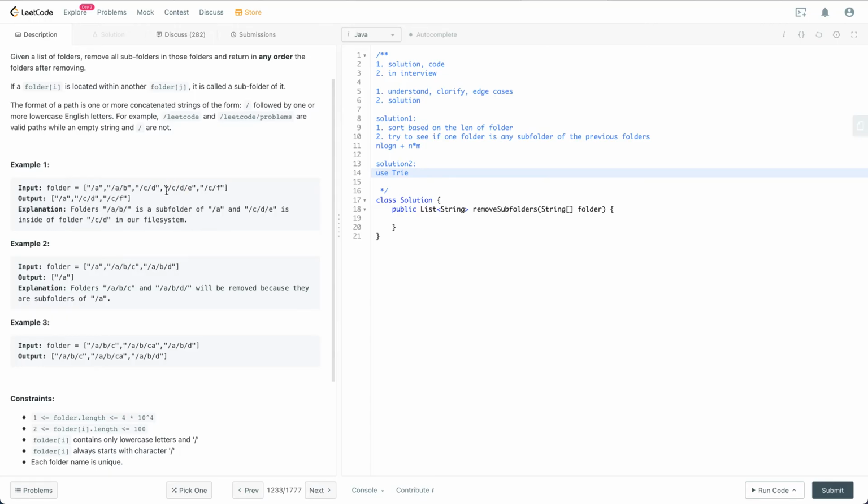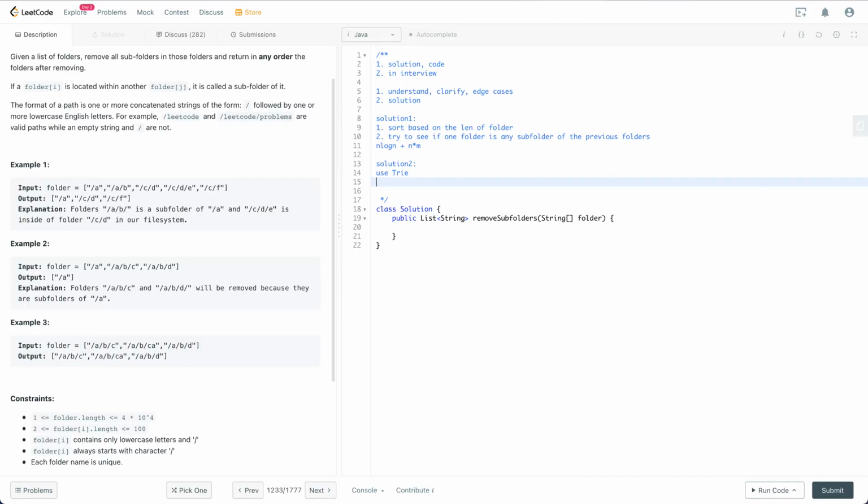So let's say when we go over CDE, we see that in the prefix tree, there is already a path from C to D, and CDE is just a child of that folder. So we are just going to ignore this one. Regarding this one, the runtime is going to be n times m. Essentially, we need to go over each of the items to build the trie,